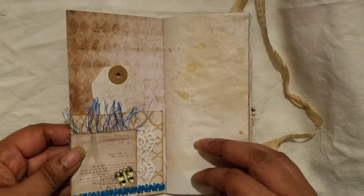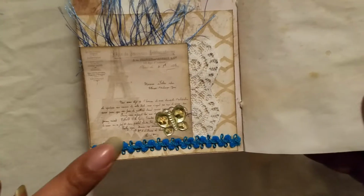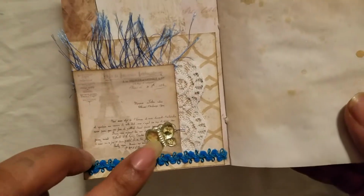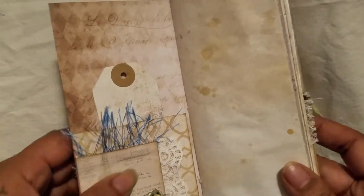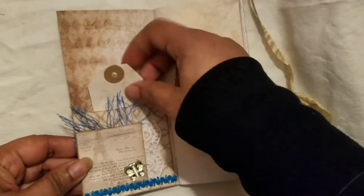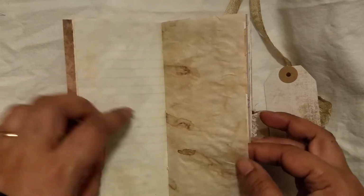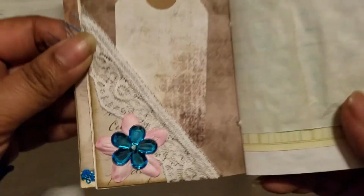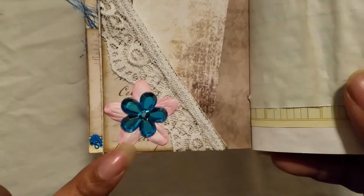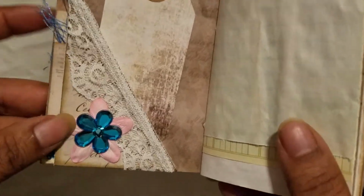We have a pocket in the front here, and on this pocket I just decorated a little bit with some lace, some of that trim that I got at Michael's. There's a little butterfly and some eyelash trim up there that looks more like grass growing, blue grass. So there's that, and same kind of papers, and then another tuck spot right here, a little corner tuck, and there I've added some lace, a paper flower, and then a little plastic gem,